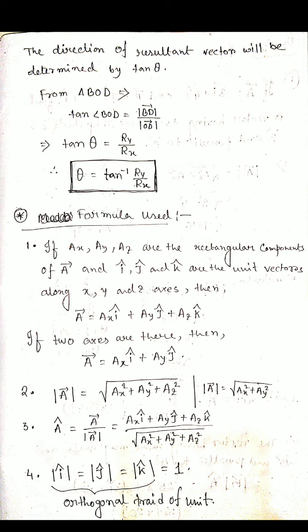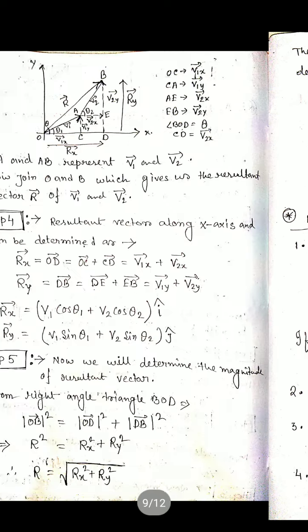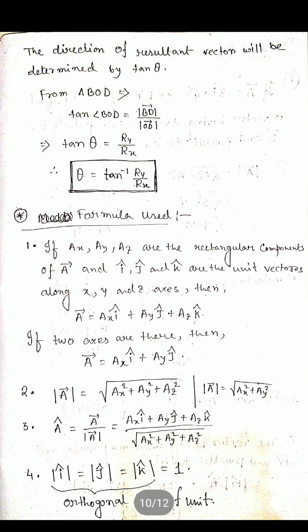The magnitude of a vector is found using this formula, R equals root of Rx square plus Ry square, that means root under Ax square plus Ay square plus Az square. If only x and y, then mod of A vector equals root of Ax square plus Ay square. That's why we use the modulus. Within the modulus we use A with vector sign. If you don't use the modulus sign, then you write A without vector sign, because this gives us the magnitude. A equals root over of Ax square plus Ay square.